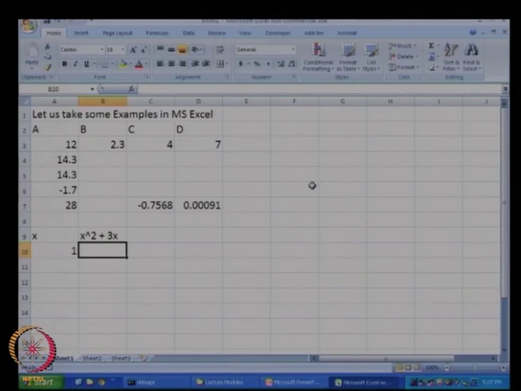Again, I will press equal to, use the left cursor key to highlight this x, type to the power 2 plus 3 multiplied by x. Again, to get x I will press the left cursor key and press enter. So this is going to be 1 squared plus 3 multiplied by 1, and that value equals 4.